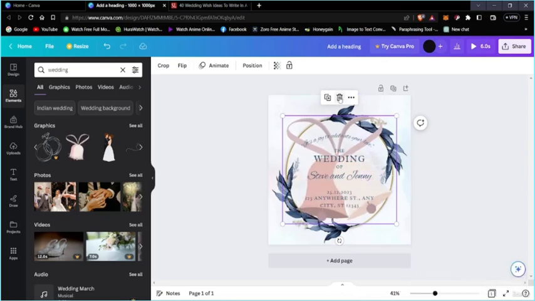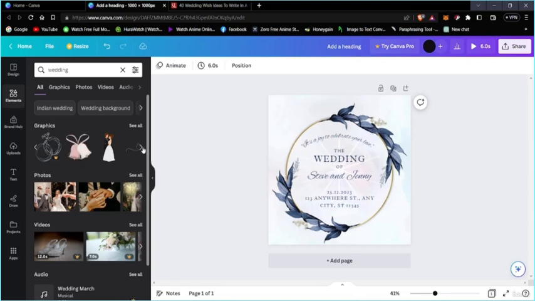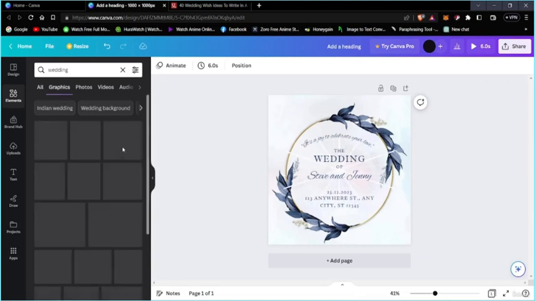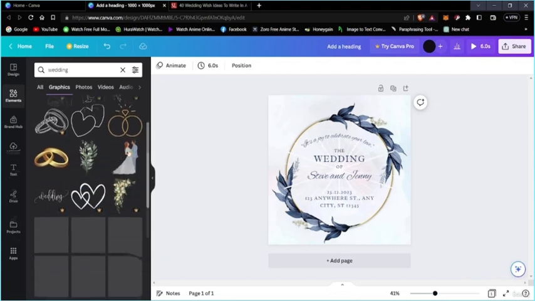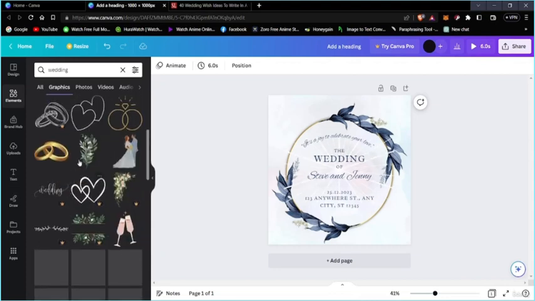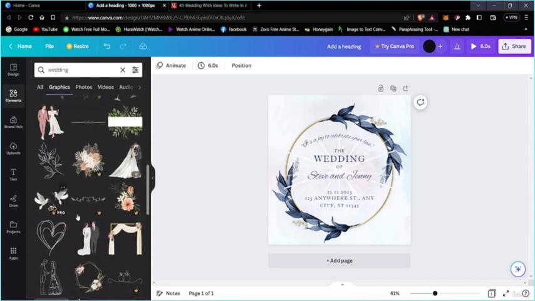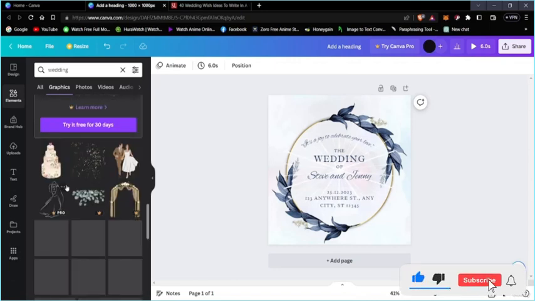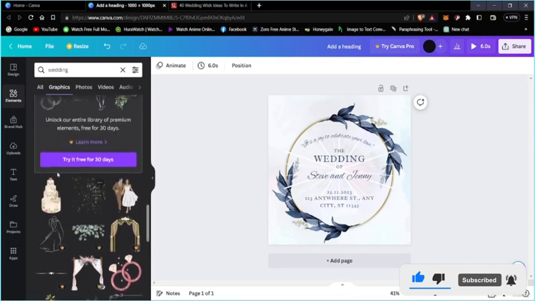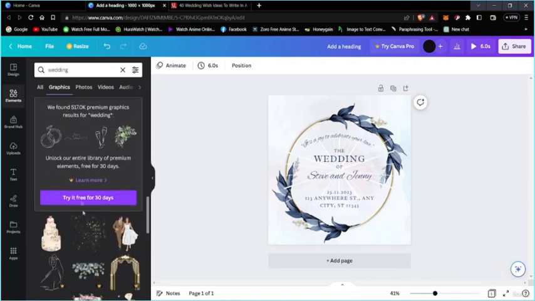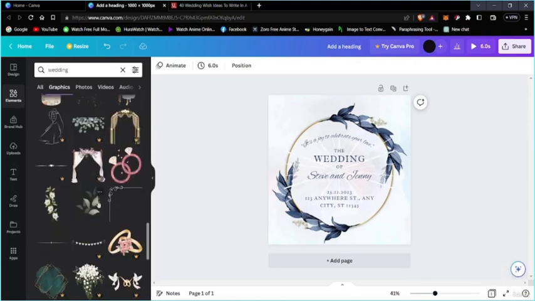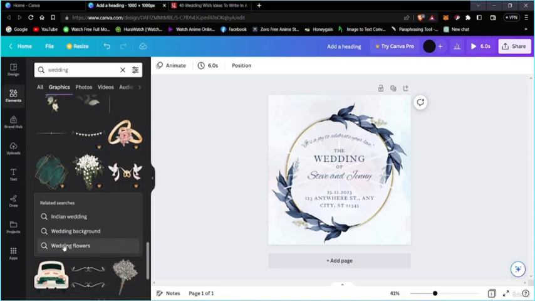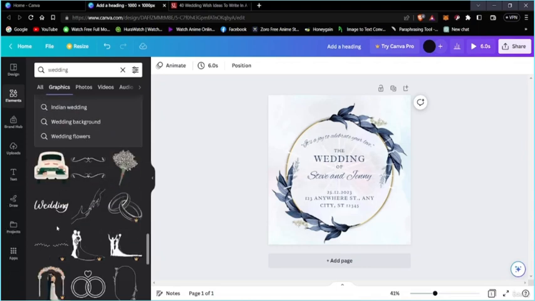Or maybe we can just lose the bells. We can add, now most of these are all the better ones. You have to upgrade to pro to use the better ones. You can also try the pro version for 30 days. Just try it out, see how it is. If you like it, you can purchase it. Okay,